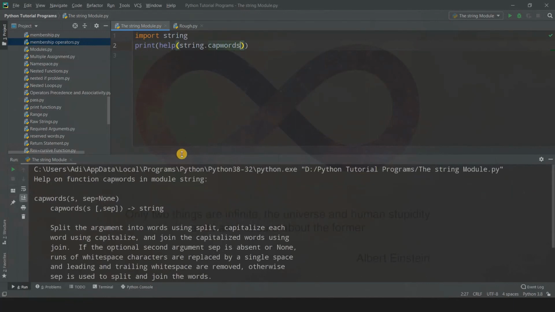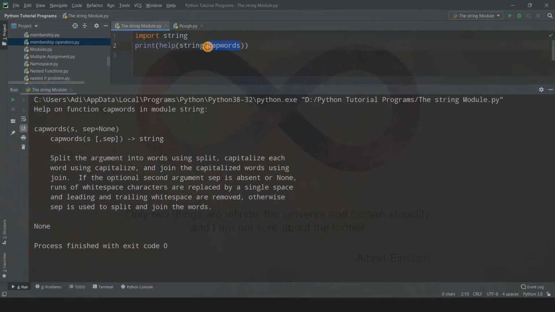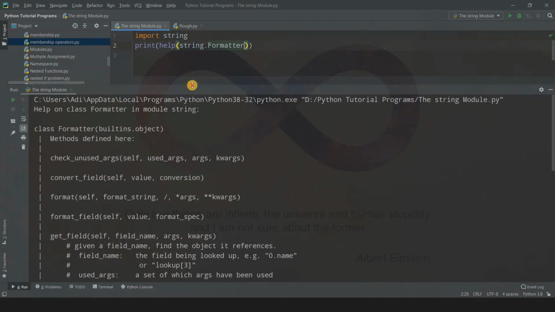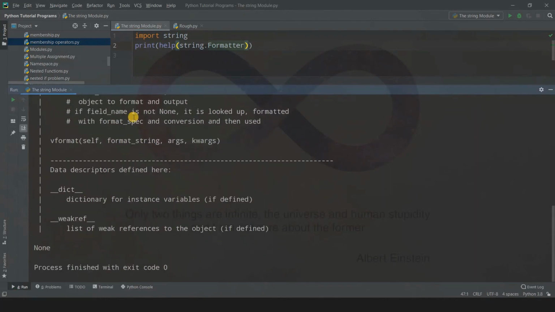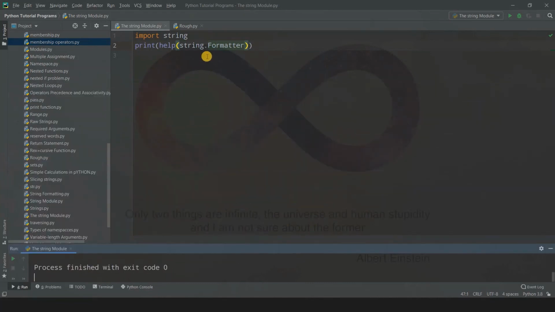When you run this code, it is automatically going to help me with whatever function I want. So this was capwords. Then suppose you want to get help with formatter, and run this code, it is going to help me with it. You can read this theory yourself, but I didn't discuss it because I don't think they are that important. The constants and values are more important if you are into competitive coding.